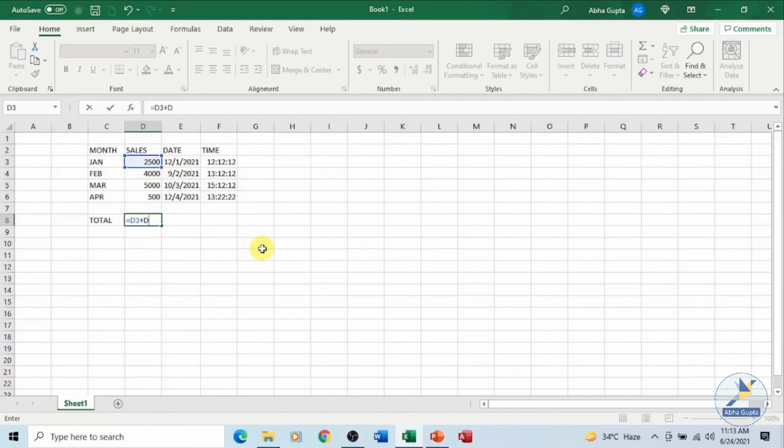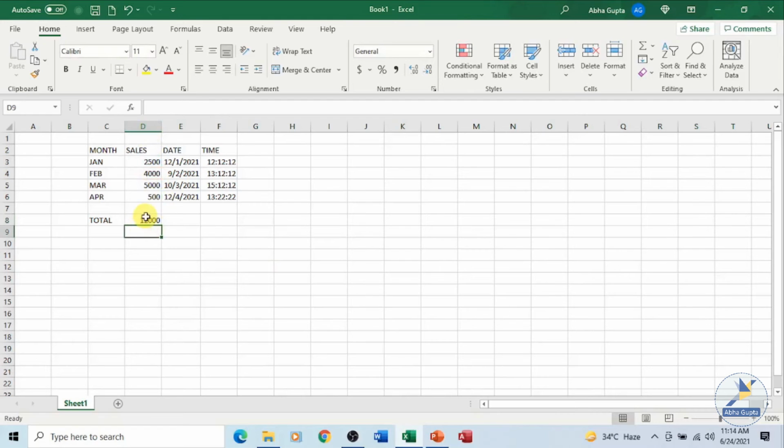Either I can type D4 or I can simply click on the cell where my data is present, and it will appear in the formula. Again I place a plus sign. The next one I want is D5. Again put a plus sign. The next one, the cell in which 500 is written, D6. I can type D6 and press the Enter key.